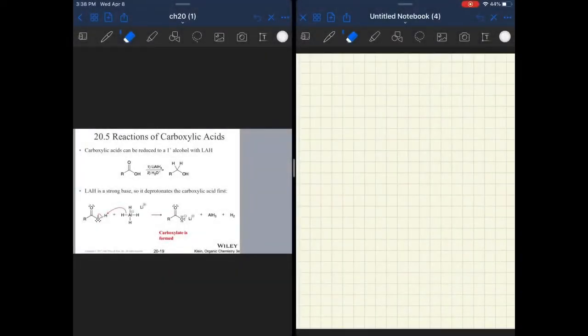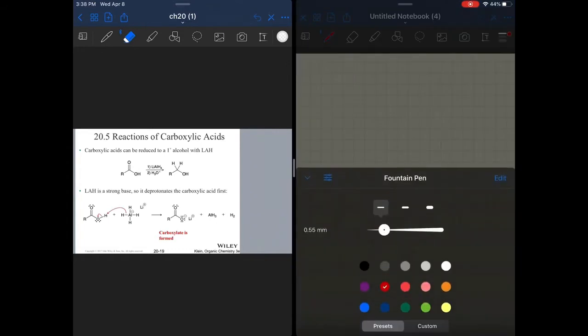Welcome back to part 2 of chapter 20. We're going to quickly cover 20.5, reactions of carboxylic acids, and then we are going to cover 20.6, which will contain a lot of nomenclature for those derivatives of the carboxylic acid moiety. All right, so to wrap up the conversation we were having about carboxylic acids,